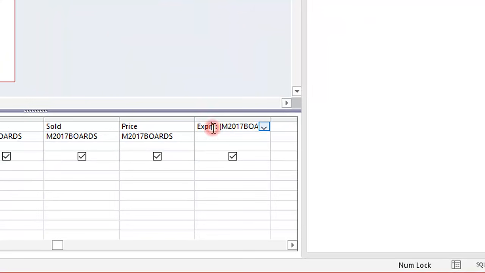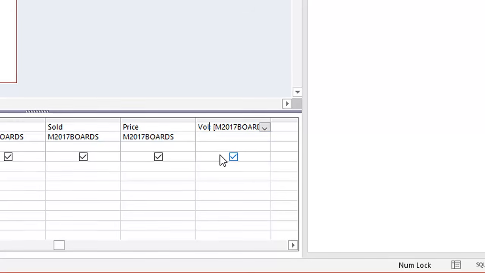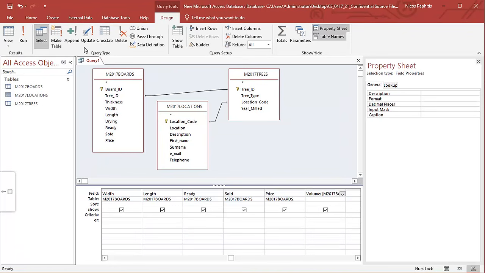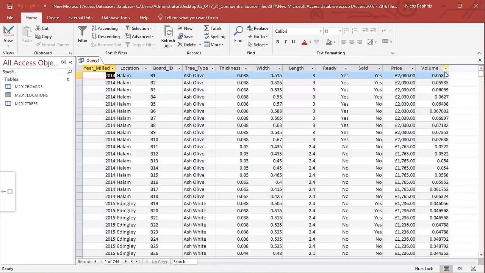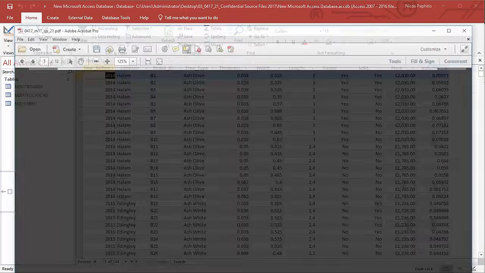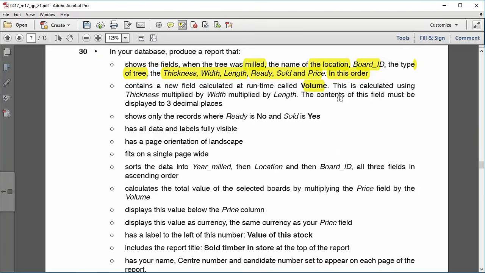So I'm going to click here. I'm not going to delete that colon, just the name EXPR1, and I'm going to type volume. Then run again, make sure it works. There it is, volume. Go back to my question, and it says here that this field must be displayed to